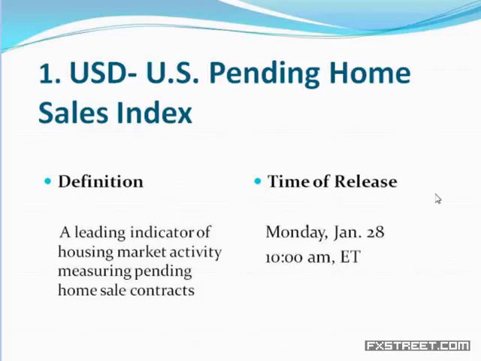So we could start to see the 3 housing market reports, the 2 from this week, existing home sales and new home sales, and also the pending home sales index, showing a little bit of a pullback. Of course, a temporary pullback for a month doesn't necessarily mean a new downtrend emerging, perhaps a little bit of a pullback after several months of increases in pending home sales, existing home sales, new home sales, housing starts, and so forth. But obviously, that could be a little bit of a red flag, maybe the beginning of a new downtrend emerging, or simply just a price correction, a little bit of a pullback.